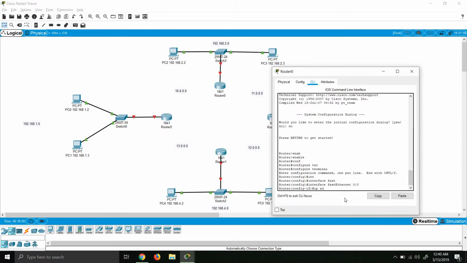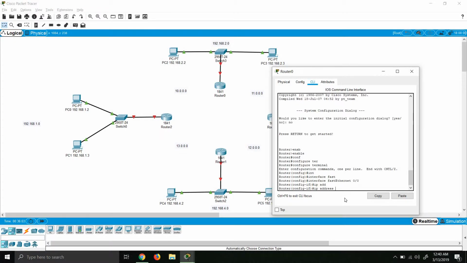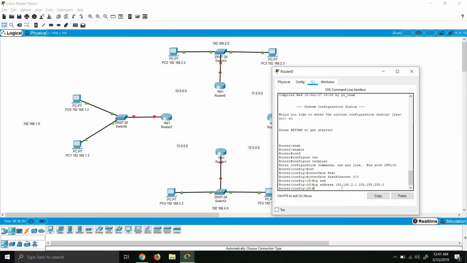So then to assign the IP address is ip address 192.168. Okay, since this is the 2.0 network, the router would have the IP of 2.1, and the PCs I have labeled with the IP addresses that I will assign later on as 2.2 and 2.3. So 192.168.2.1, and then you'll have to set the subnet mask. So it will be 255.255.255.0. So now that you're done with that,